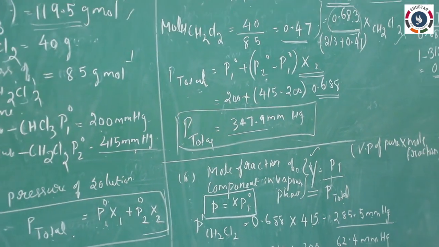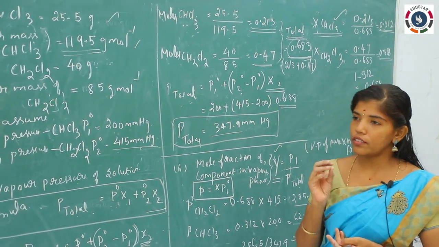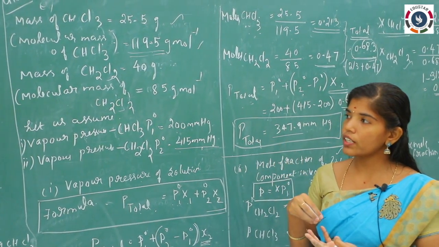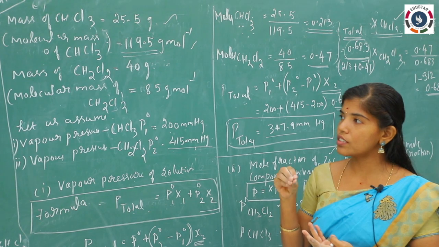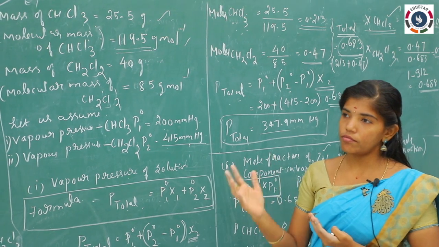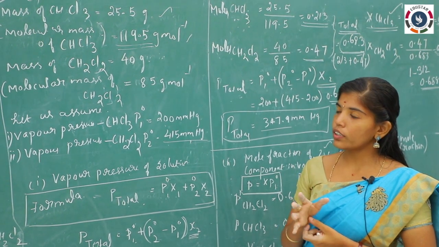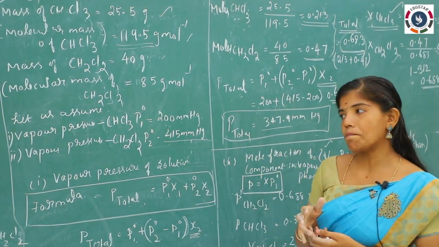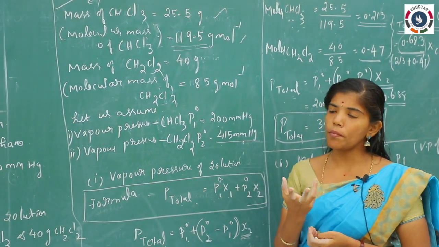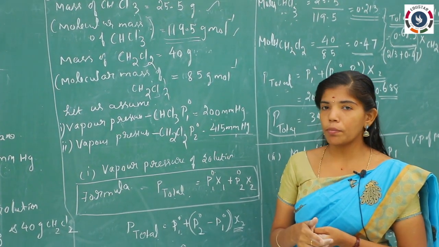On the basis of this problem, there are 2 to 3 problems given in your worksheet. Remember, the worksheet contains problems similar to the things I have taught in part 3 and part 4 of this unit Solutions, and also has guidelines. Go through the formulas given in the worksheet, be thorough with the contents of the book, then try to solve the entire worksheet. Okay. Still, if you have any problem or doubt in this, you can ping me at the mail ID given in the worksheet. I will reply to you positively.